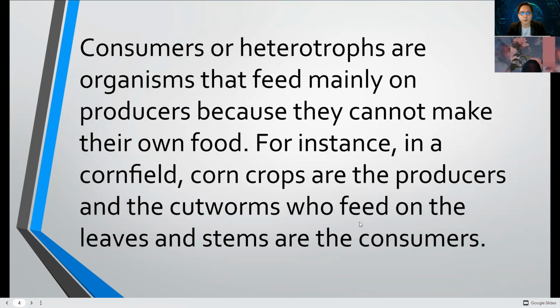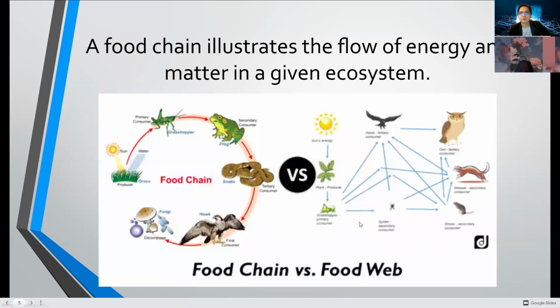Consumers or heterotrophs are organisms that feed mainly on producers because they cannot make their own food. For instance, in a cornfield, corn crops are the producers, of course. And the cutworm that feeds on the leaves and stems is the consumer. We are actually included in the consumers, okay? Because we cannot actually manufacture our own food. The food chain illustrates the flow of energy and matter in a given ecosystem. If you're going to look at a food chain, okay,